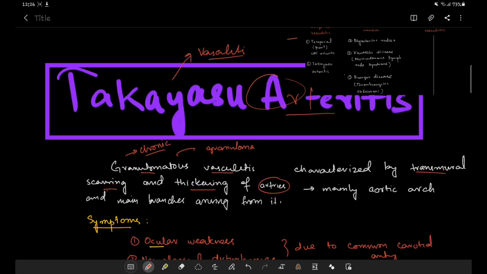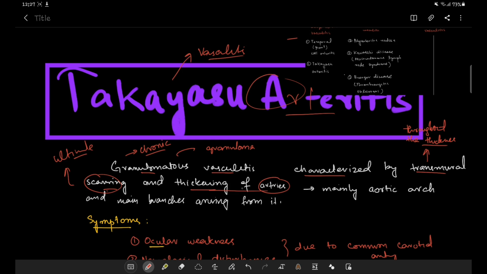Chronic inflammation. And it is mostly characterized by the scarring, transmural scarring. Transmural means that throughout the thickness of wall. Throughout the thickness of wall, and it is the ultimate result of Takayasu arteritis or the granulomatous vasculitis. Although there are lesions which can be in several stages, it is the ultimate result of the granulomatous vasculitis,